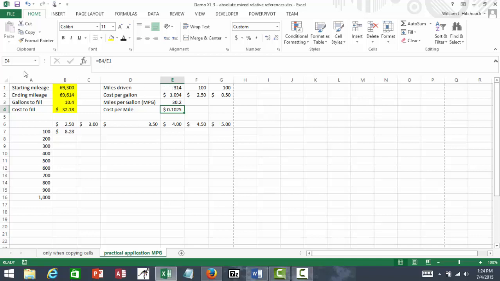Every time I fill up, I'll change the starting mileage, I'll change the ending mileage, gallons to fill, cost to fill, do my recalculations and find out what it is. Or I suppose I probably could have just simplified this, and instead of having a starting mileage and an ending mileage, I could have just put in my odometer and entered it in that way. But just different ways. So now what I want to do is set up a table